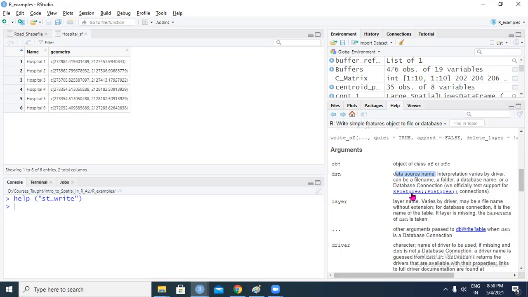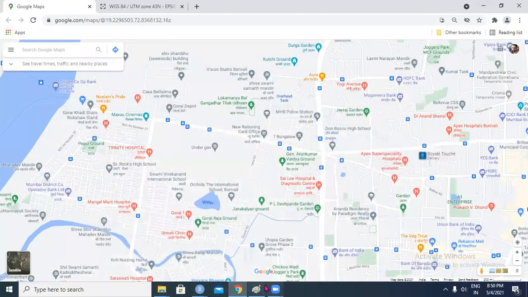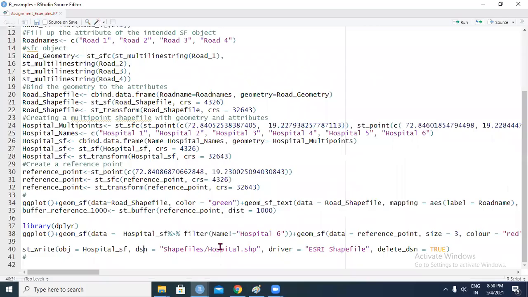In case of a database, you can even write it into a database for which you need to invoke the database connection. We won't go that far, but what we'll do is give the DSN as shapefiles/hospital.shp.